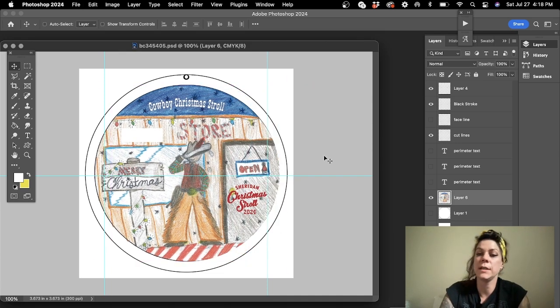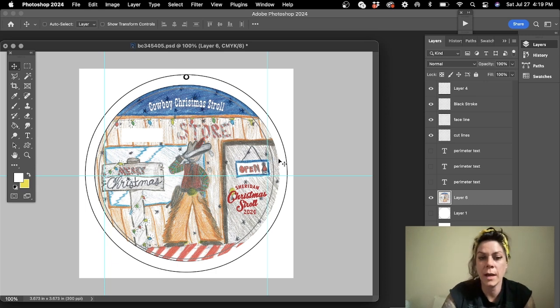So I just moved it into the template, make sure that that's the face line. So this area right here is my bleed. I've got a square here where they want sequentially numbered buttons up to 3,000. And so I'm going to turn the face line layer off and save this file and then pop over to